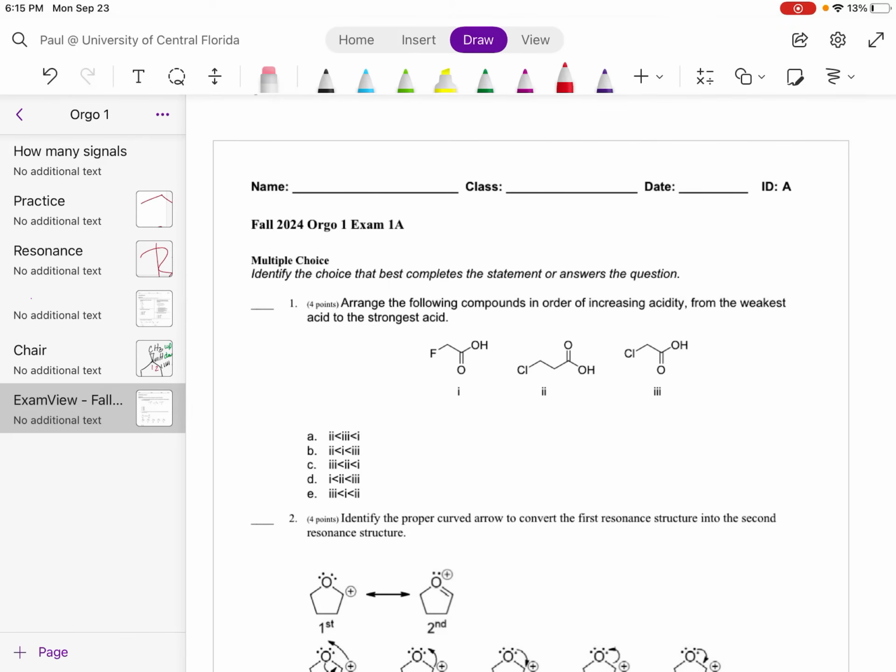So question 1. How do we figure out which one's the stronger acid? Well, we would have to look at the strength of the conjugate base, or the stability of the conjugate base. So if we look at this one right here versus, let's do number 3, like that, between those two, if we go to the cardinal rule